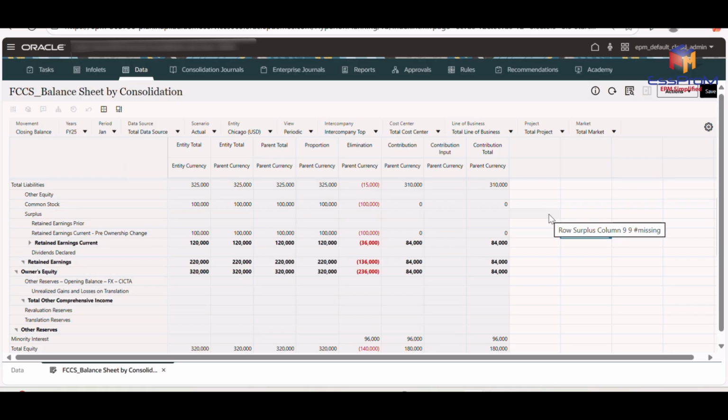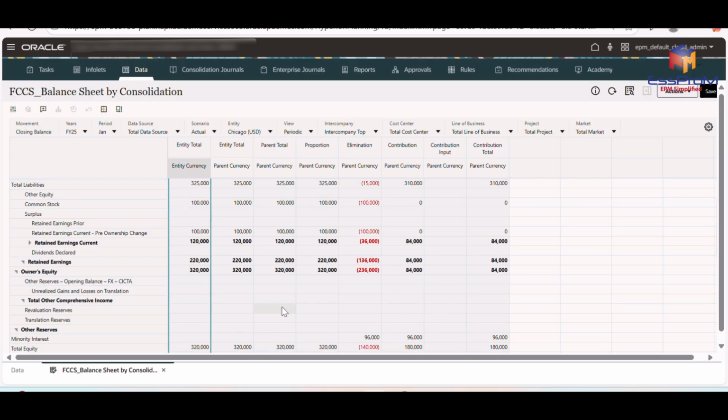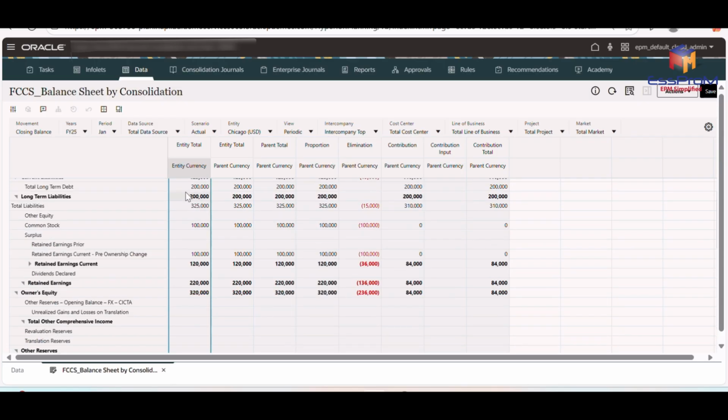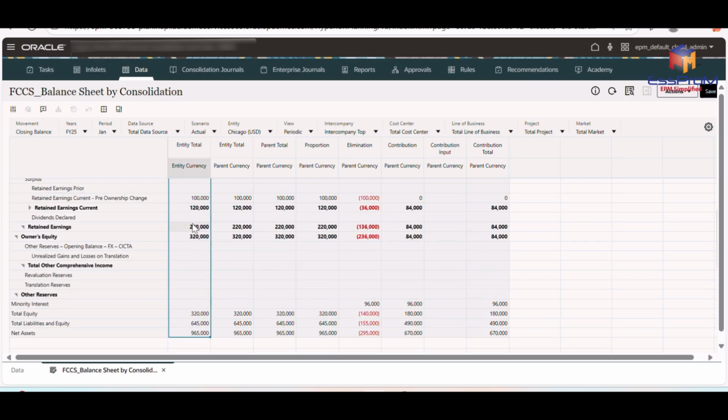In our example, we're looking at Chicago, a subsidiary that is 70% owned by New York. The form begins with the entity total, entity currency view. Here, you can see Chicago's balances in its base currency, equity of $200,000, made up of retained earnings and common stock, along with net income of